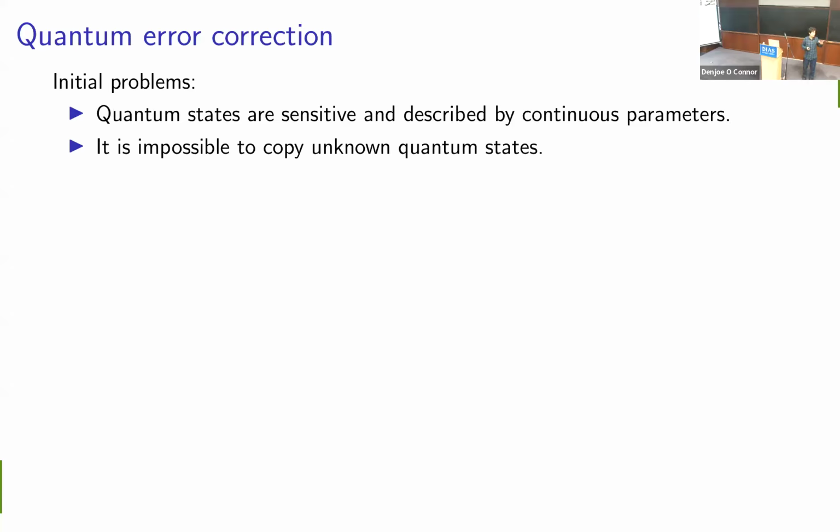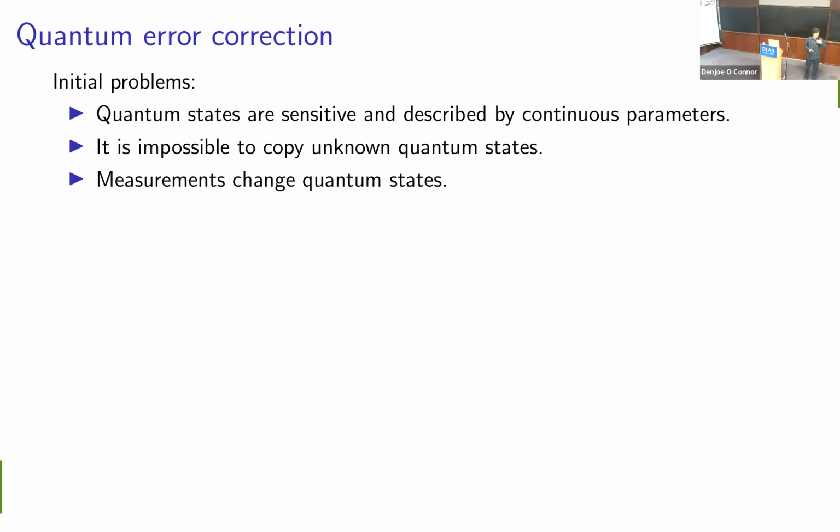As I've already mentioned, we can't actually copy unknown quantum states. So that potentially removes one of the most obvious ways in which we can protect data. In the classical world, within a single computer, we don't need to use error correction because errors are so rare, we just don't worry about them. But if I send information over the internet, for example, then I can just send it multiple times, right? And the other person can either take a majority vote, or they can use some other way of checking the integrity of the data they've received to know whether it's correct or not. But that doesn't work in the quantum world.